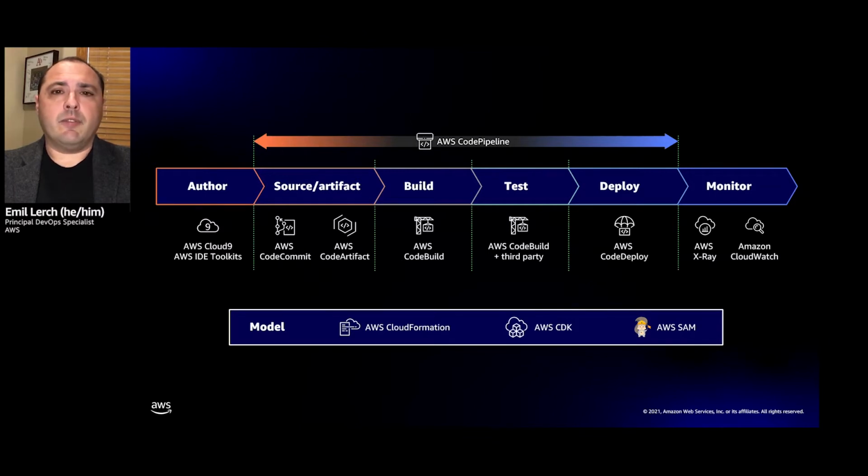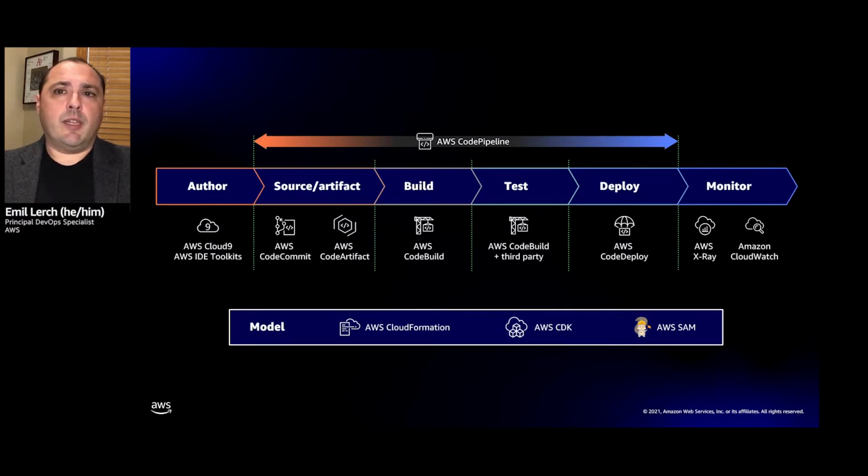Kate today will be using VS Code, but we can also use other IDEs like AWS Cloud9 or Eclipse, Microsoft Visual Studio, or any of the JetBrains products to author our code. Once that code's authored, we need a place to store it. We might have dependent libraries that are stored in an artifact system somewhere that are used to be able to build a total application. We're going to need to build that code, and then we're obviously going to want to test that code. We might use our own testing frameworks, or we might use third-party frameworks to do the testing.